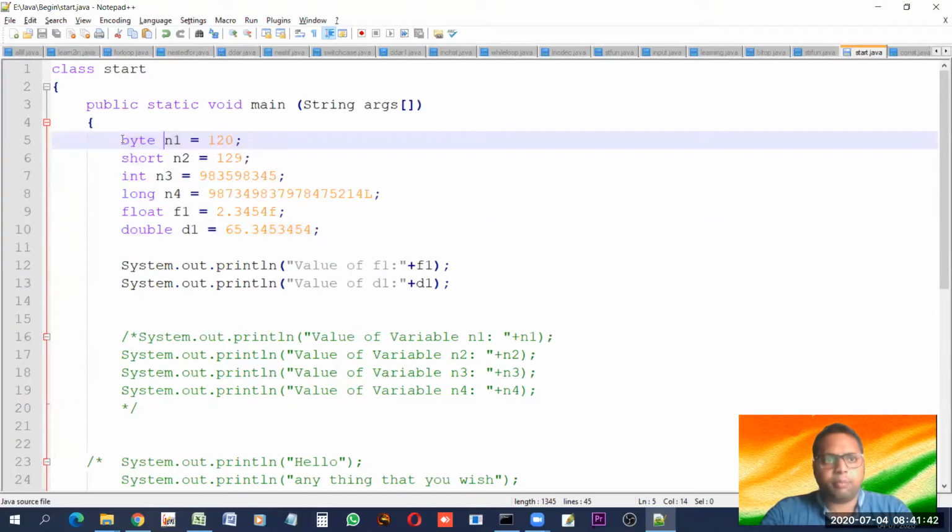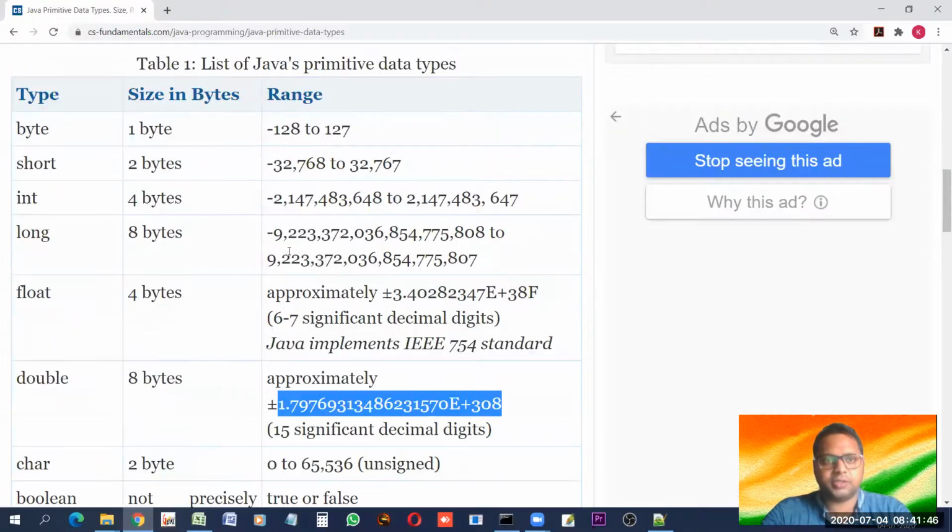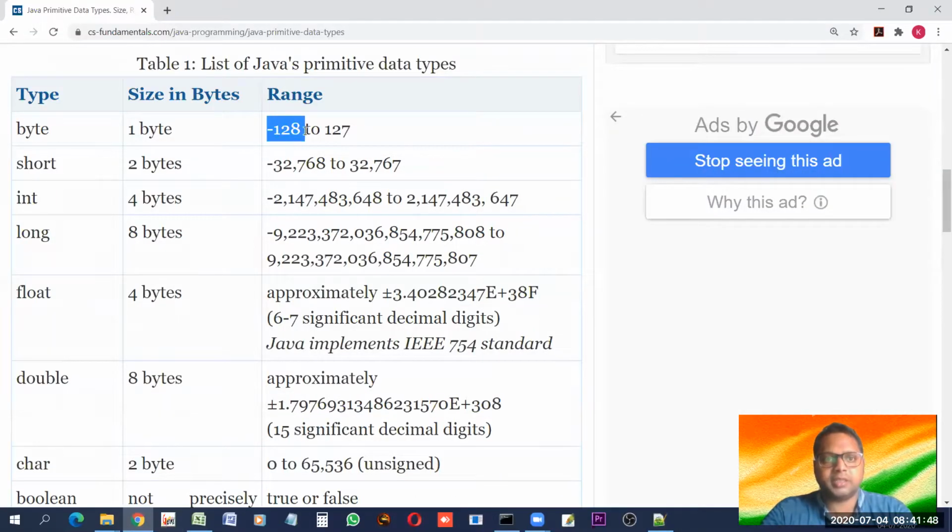Then byte data type suits better because its range is what? Look at the range. It can accommodate minus this to positive this. So we know there is no test going to have marks more than 100. So this best suits this situation. So here we will use the byte data type.